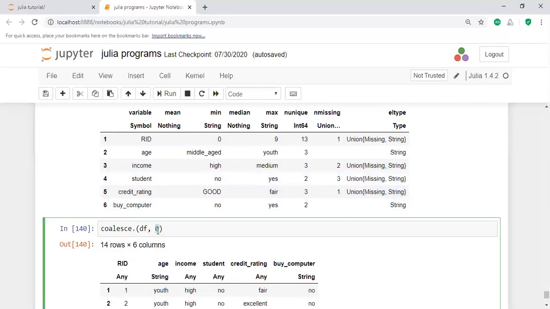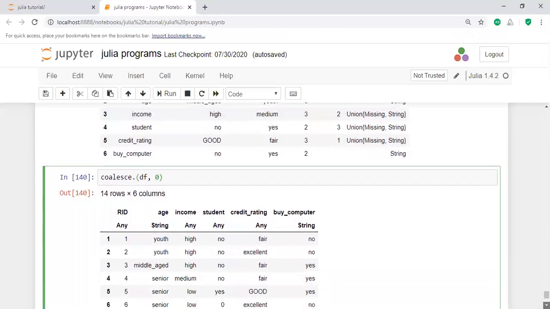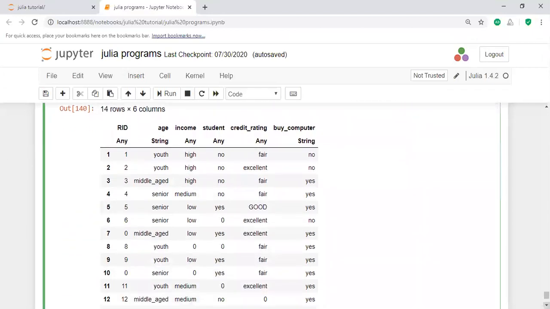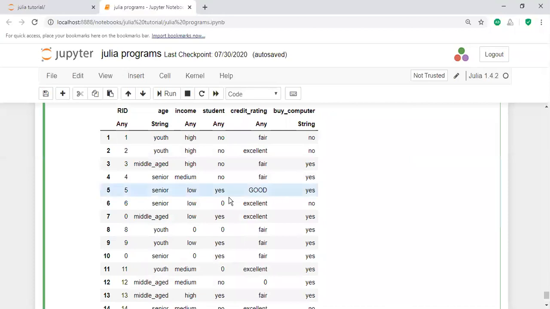That means I am applying the coalesce function, coalesce of df comma 0, then it will execute like this. Any missing value is replaced with 0.